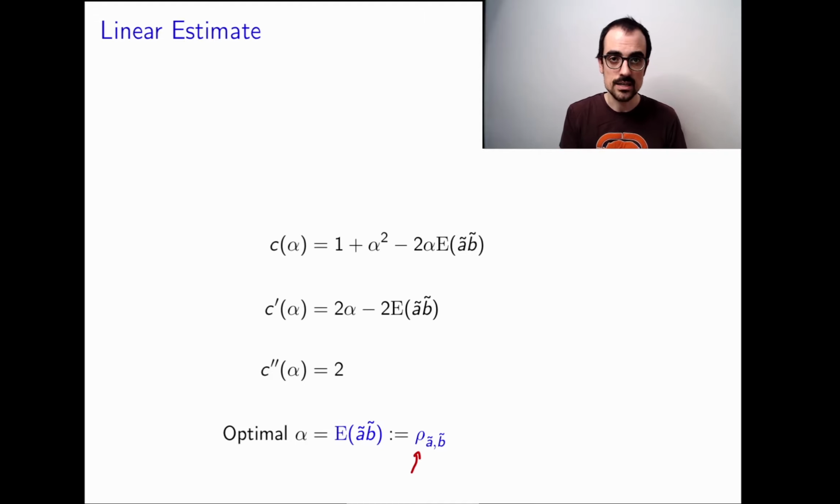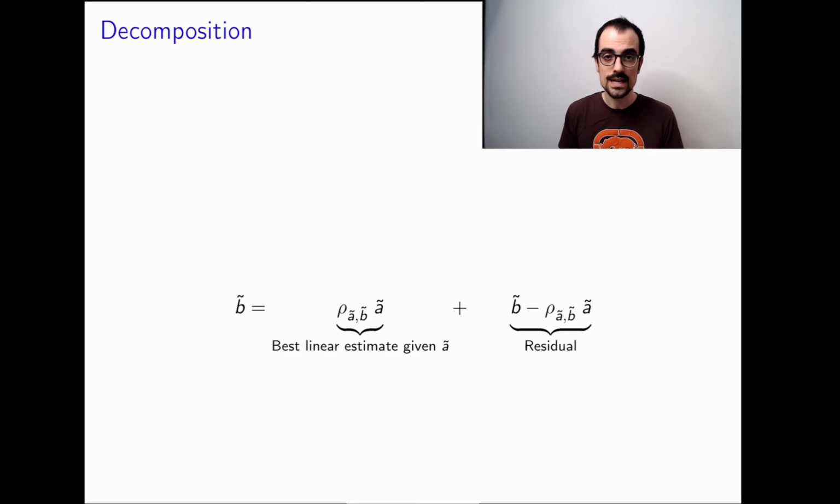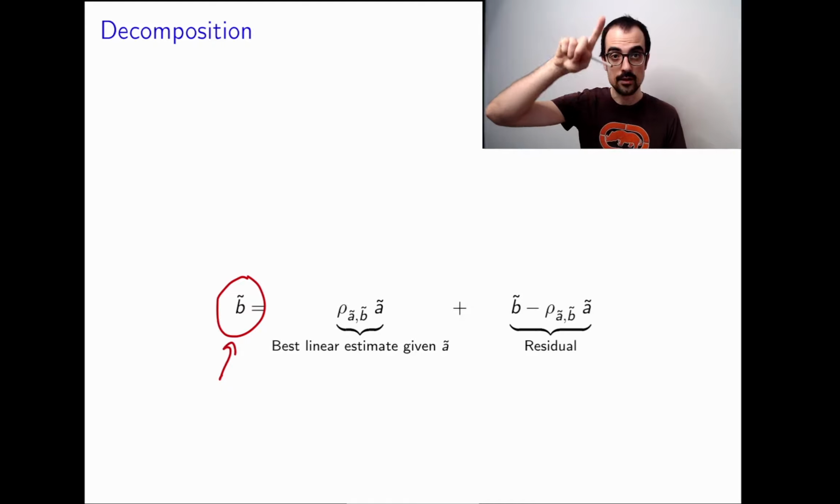It's the expected value of the product between A and B in the case of standardized random variables that have zero mean and unit variance. We will see the general case in a moment. But before that, let's go back to our 3 scatter plots, and we're going to consider the approximation that we obtain for the vertical